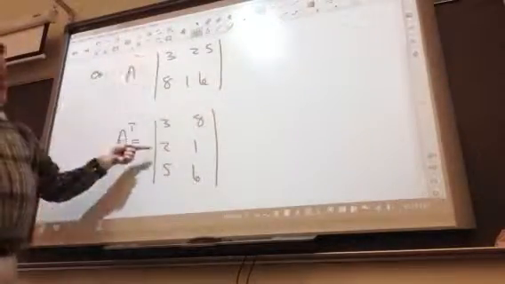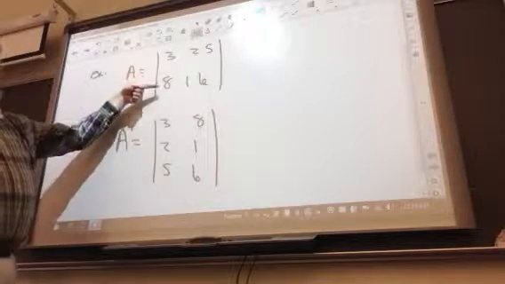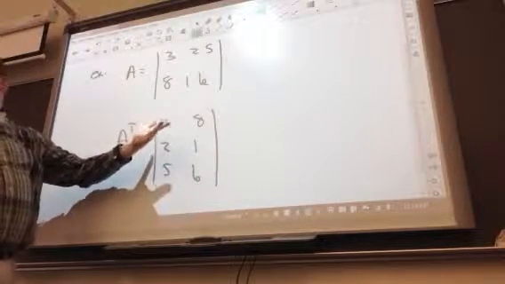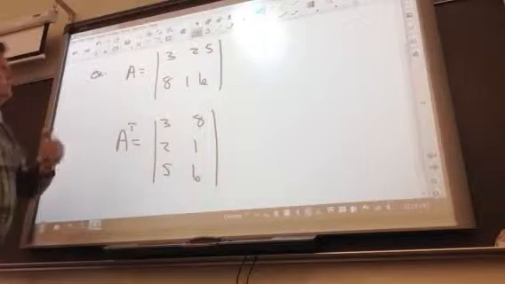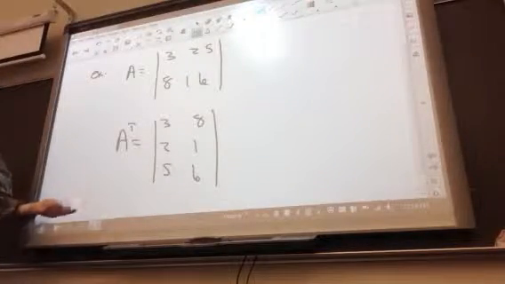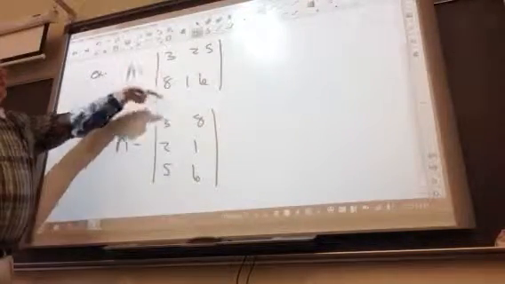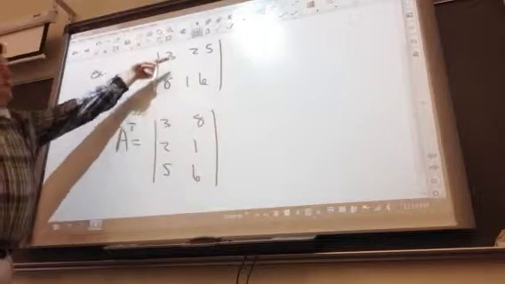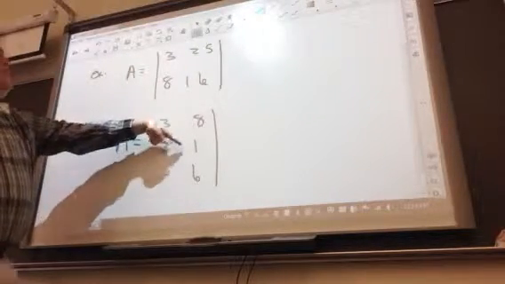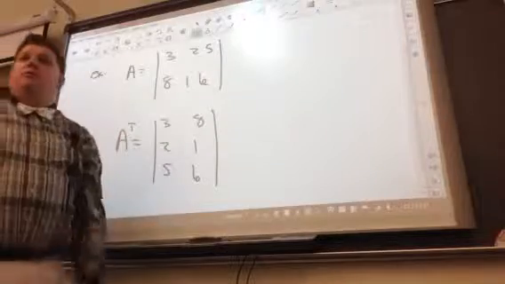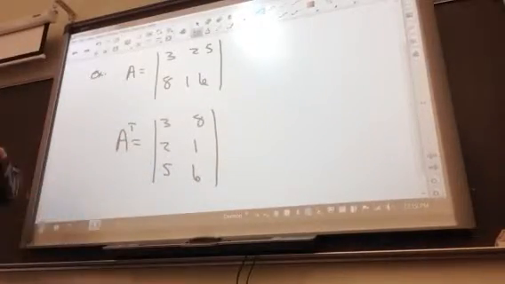First row became first column. Second row became second column. That's it. Likewise, notice what happened to the columns. My first column turned into my first row. Second column became second row. Third column, third row. So it kind of neatly works